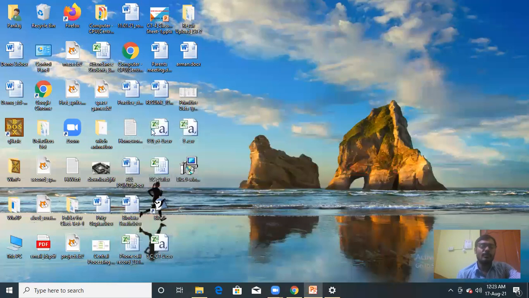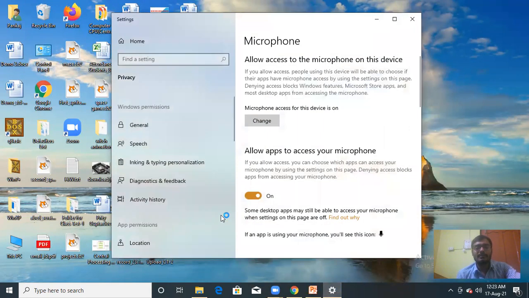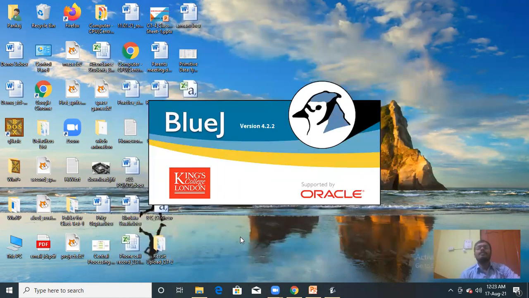You know very well how to open a BlueJ program. You have to double click on this icon. BlueJ will open. You have to wait for a few seconds. You can see the version 4.2.2.